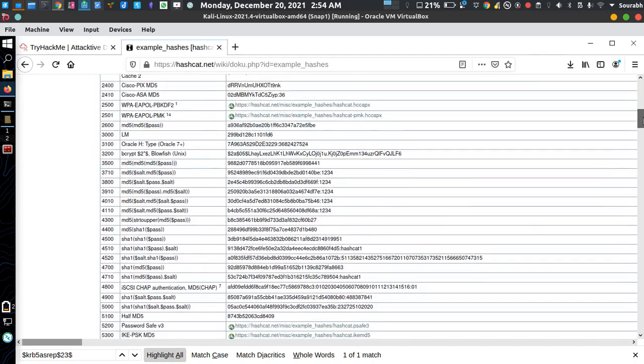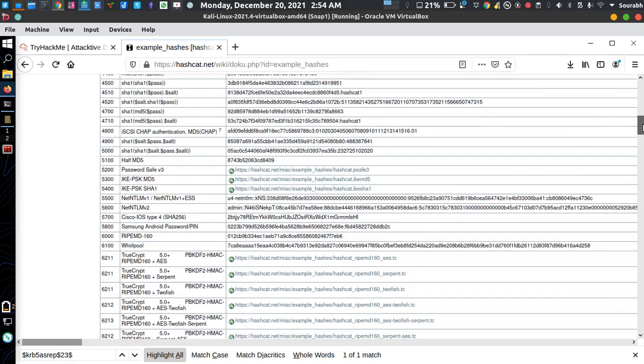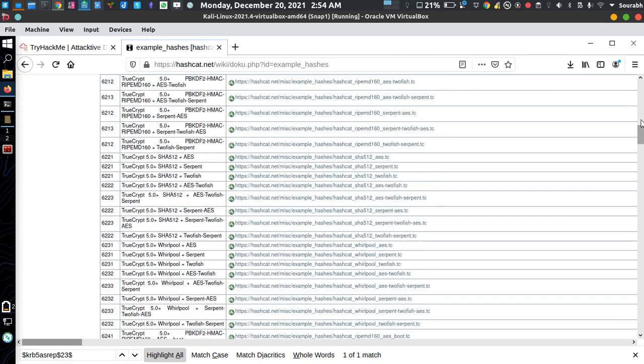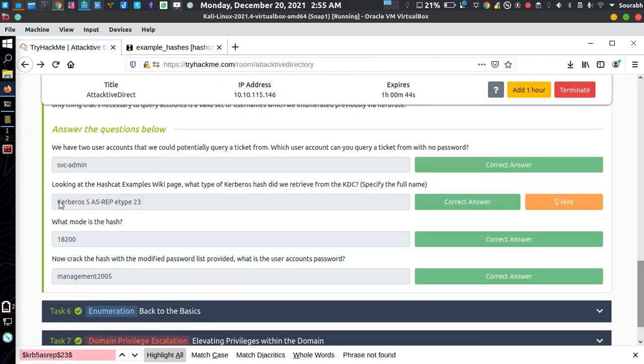Actually you don't strictly need the hash name, but you need the hash mode, because Hashcat understands the hash mode. The hash name is this, and the hash mode is this, 18200. We provide the hash name and the hash mode.